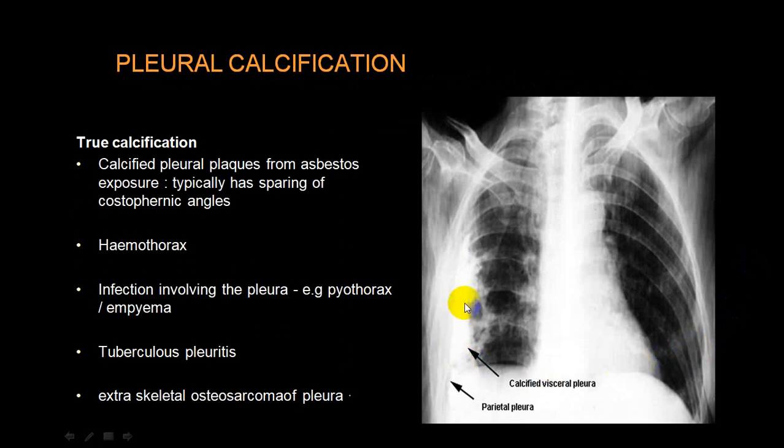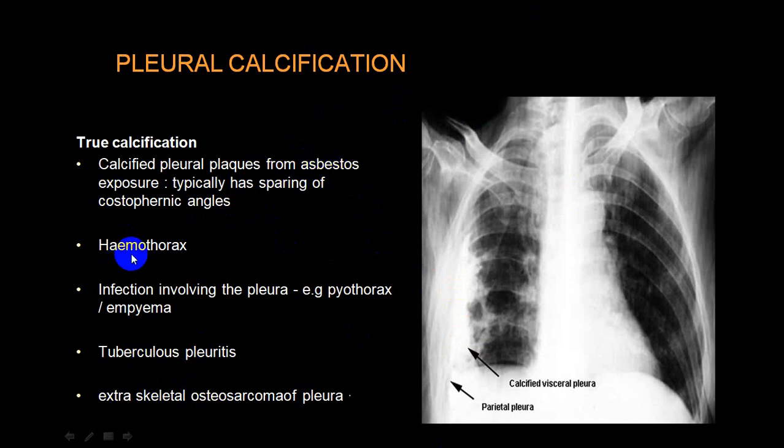You can see here, this is a calcified shadow. This is because of calcified pleura. And this will be very common following tuberculosis, most common in India. First, tuberculosis. Second common, you come across in occupational lung disease. Very common in case of asbestosis. And that is one of the causes for even mesothelioma, that is pleural malignancy.